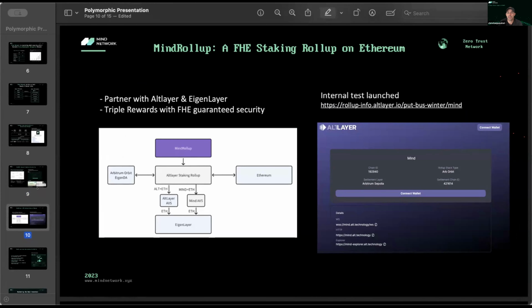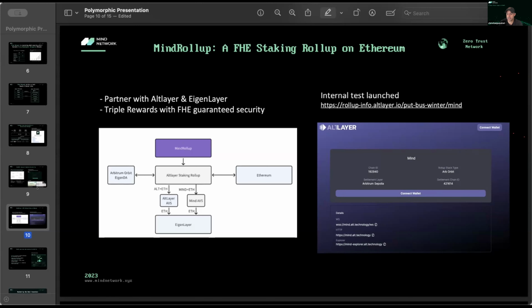The problem with that capital is that it's locked up in Ethereum, and they're finding that if you're staking Ethereum, you should be able to restake and help to secure other networks. That's the concept of restaking: using the same tokens to secure not only one network and earn rewards there, but also secure another network and earn a separate batch of rewards. Basically, being able to double up on the return on your investment. So we partnered with AltLayer and EigenLayer to double and triple the rewards by adding FHE to the staking process, which is a level of, again, security and privacy, to make this whole process more secure.